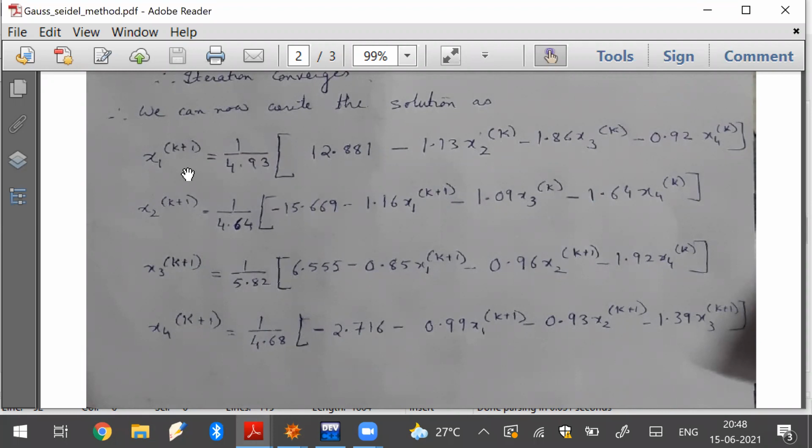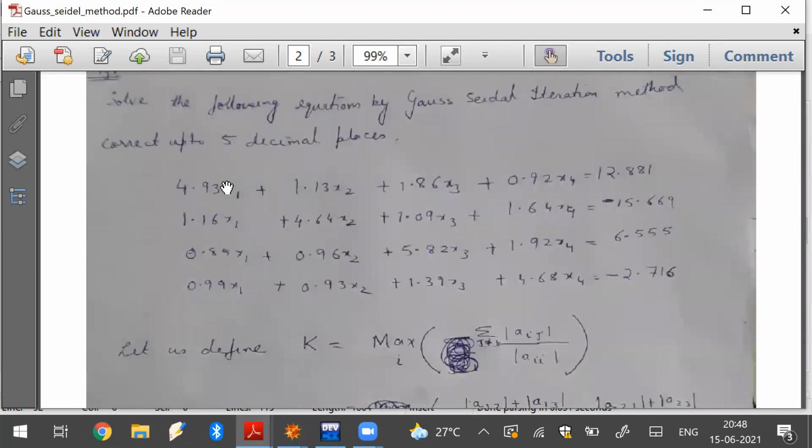If you recall, from each equation, the first variable x1, considering it is arranged in a diagonally dominant fashion, x1 is calculated, keeping x1 on the left hand side and everything else on the right hand side. Again for the second, x2 is kept on the left hand side, everything else goes on the right hand side.